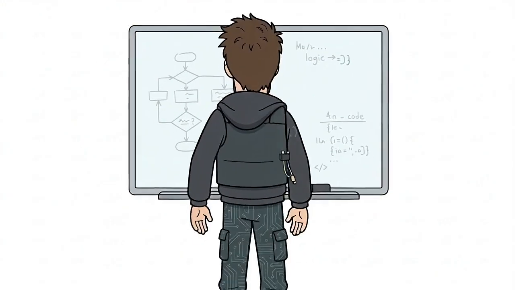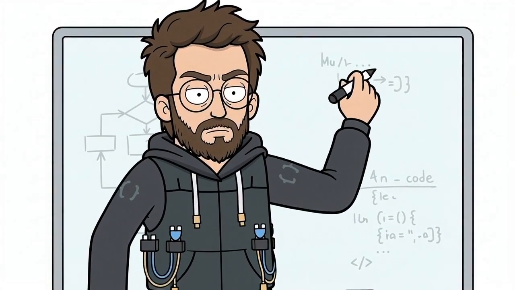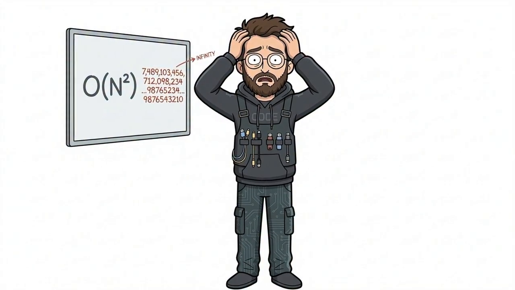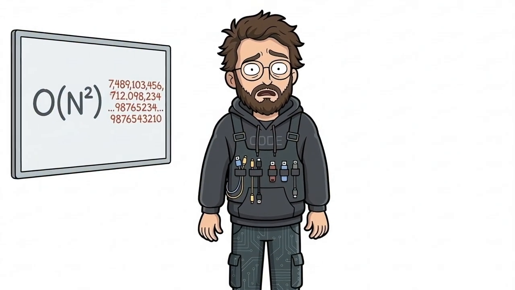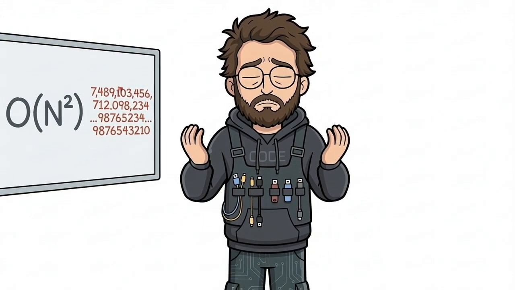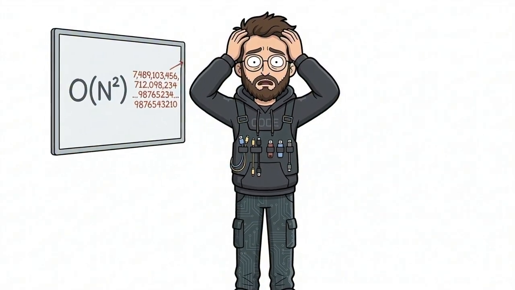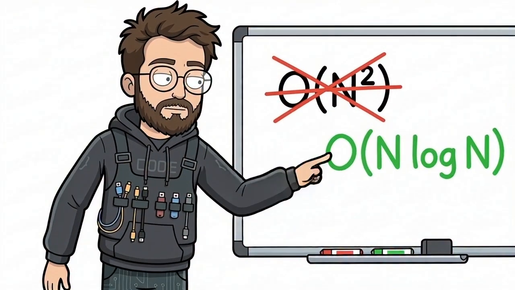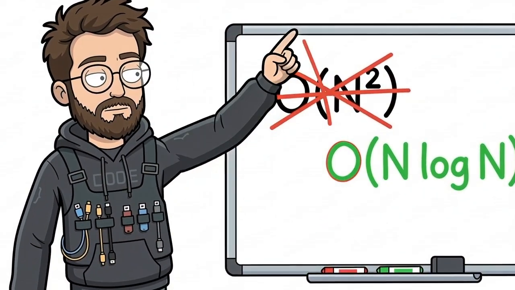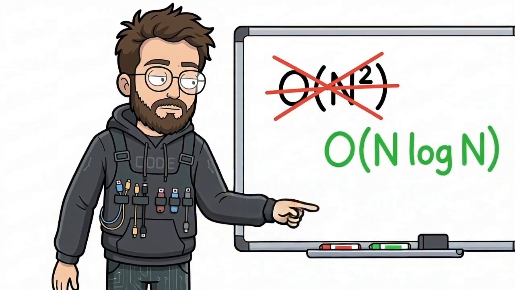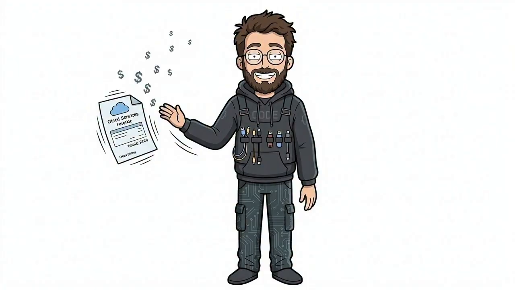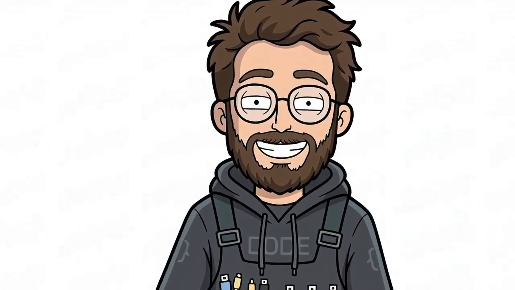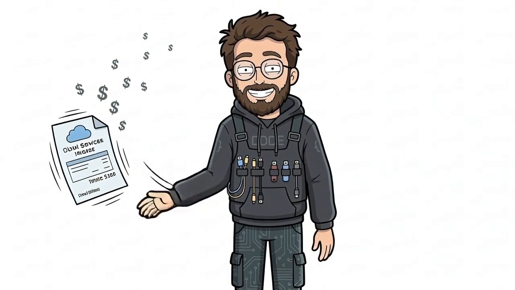Now, let's ground this in cold, hard numbers, because I promised you real stakes, not just theory. Imagine comparing every video against every user directly. With 1 billion users and 10 million videos, that is 10 quadrillion comparisons. This is exactly why they use approximate nearest neighbor search, turning an O of n squared nightmare into something closer to O of n log n. Fixing this bottleneck has cut AWS compute costs by 60 to 80%, saving companies hundreds of thousands of dollars a